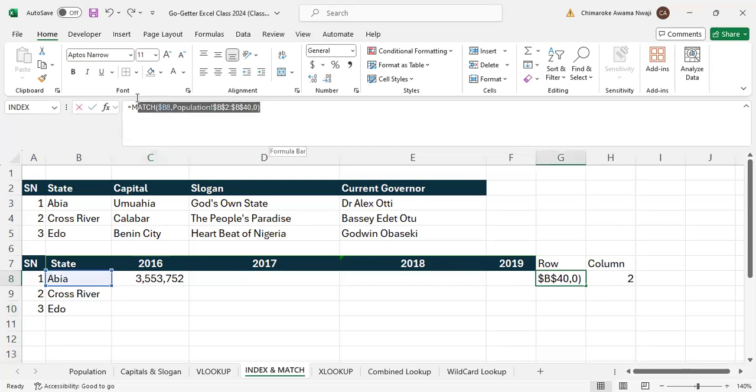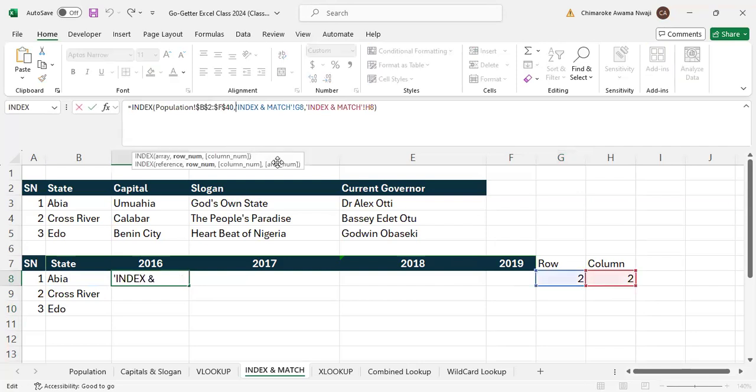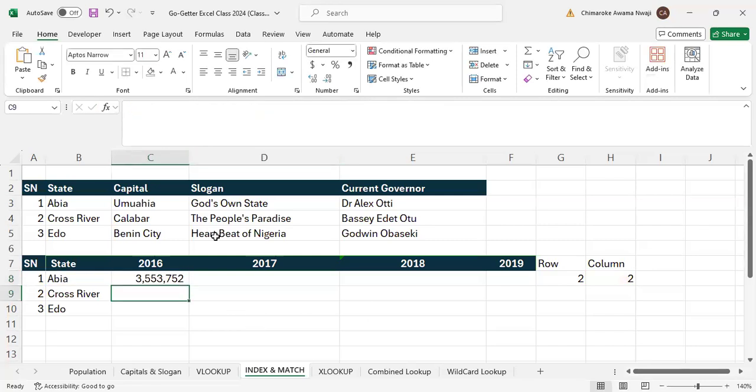In place of, I'll copy this formula here, press escape, or come down here. In place of this first index and match G8, I'll replace it with this formula I just did, right? Hit enter, we'll still get the same thing. Okay, I'll come down here, I'll copy this formula,